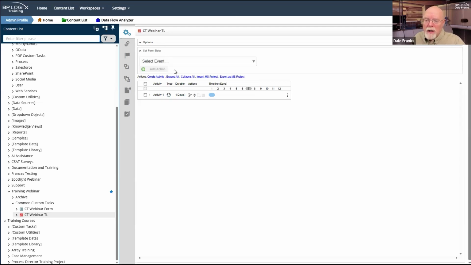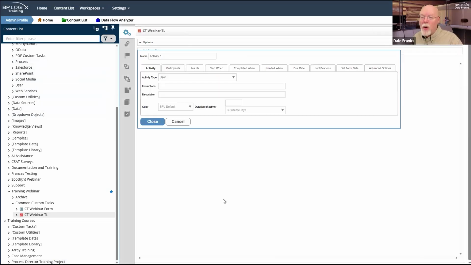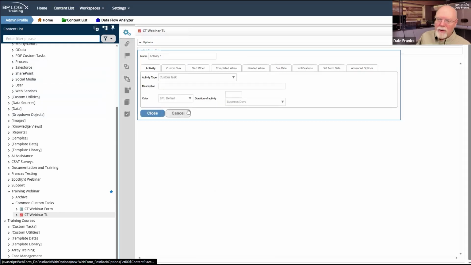I should just go to the set form data section and select an event for, well, I've only got one activity, but I should just select it here. I wouldn't do that because the problem is that most of the time when you open up the process timeline, you see that the set form data is there. It's working, but you don't see it because the section is closed. I do like to make it obvious. So this is one of those weird cases where even though this is not a process deal that I'm working on, it's just really the form number that I want to set.